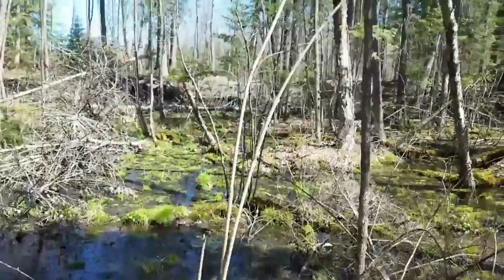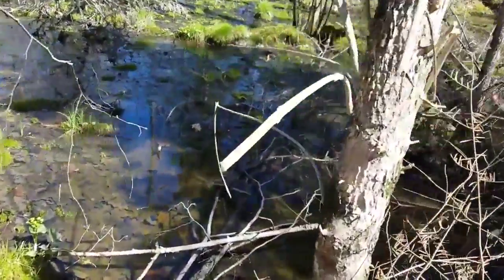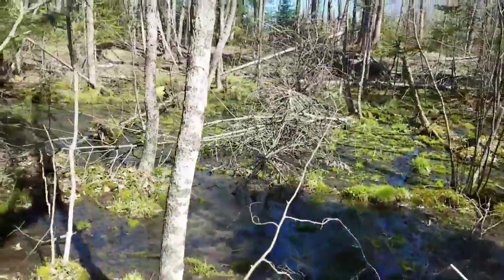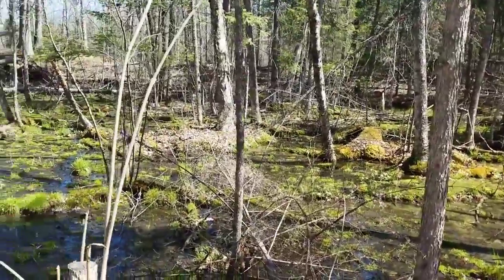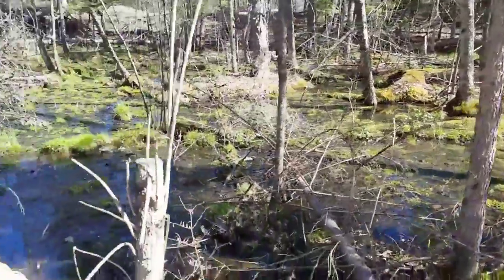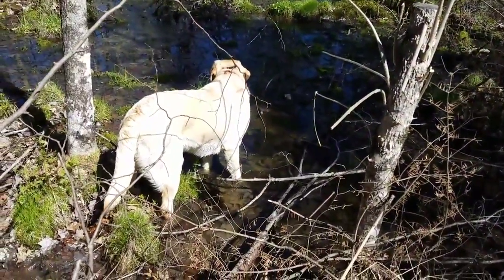There's a tree that I cut down, and it doesn't kill it. It just responds with a whole bunch of branches like that, and it's basically deer food. You can see the deer love the ash. They really chew the heck out of those. But usually where there's ash regeneration, it's in such abundance that the deer get some of it, but not all of it. Now we have to be careful not to,